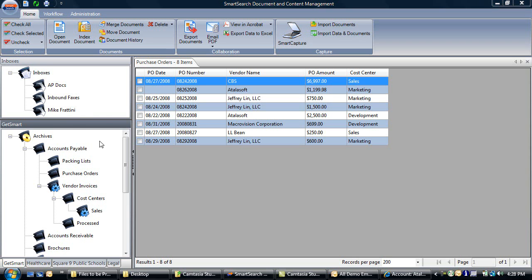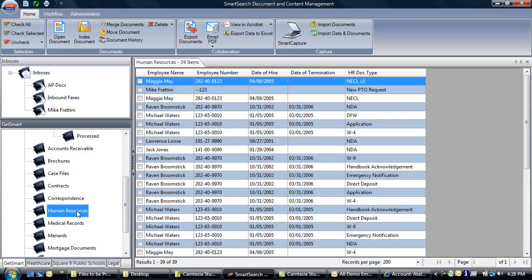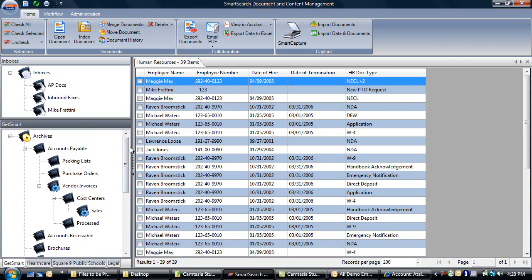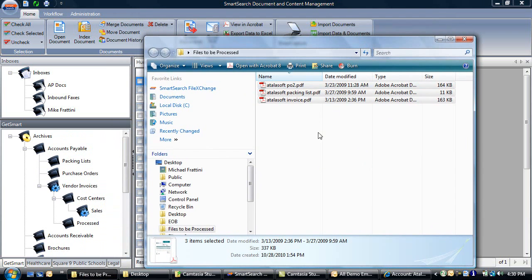Security can be customized for each archive level, and the metadata schema can be completely tailored to meet the search and retrieval needs of that particular department or business process. The easiest way to get information into SmartSearch is by doing a simple drag and drop. For already existing electronic documents, you can simply browse out to Windows, select the files, drag them and drop them